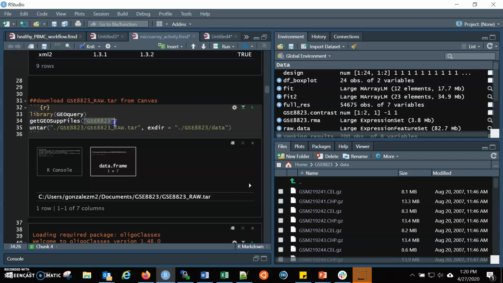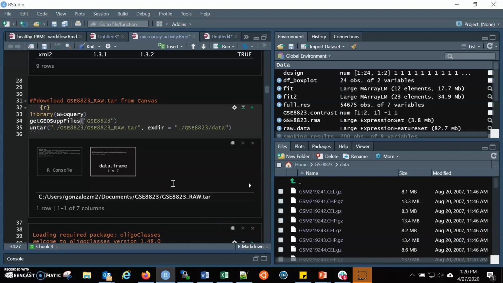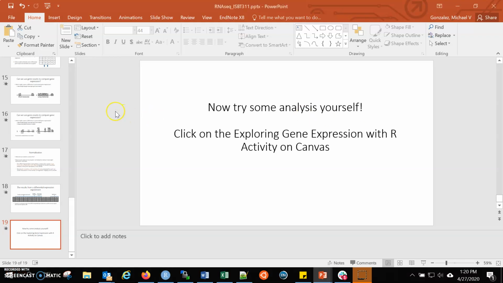and I want us to enter GSE8823 in quotations. This will take a little bit of time because it's going to consult the database, and we'll actually come over here,